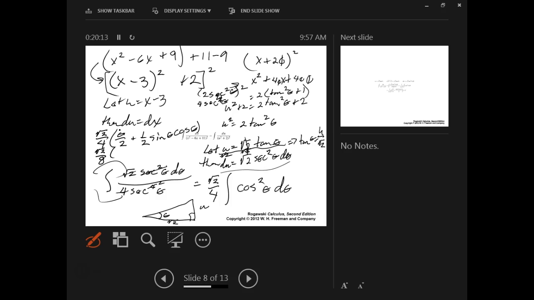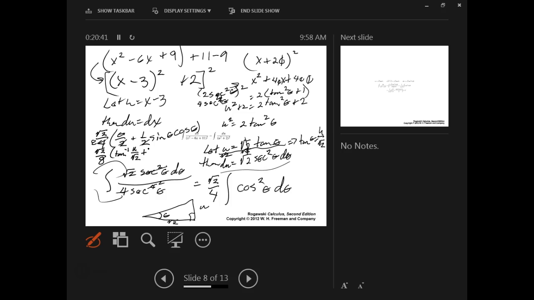Arc tangent or inverse tangent of u over root 2. So this theta becomes, I pulled out these and made it 8, the inverse tangent or arc tangent of u over root 2. Right? That's what you told me, wasn't it? Okay. Plus,